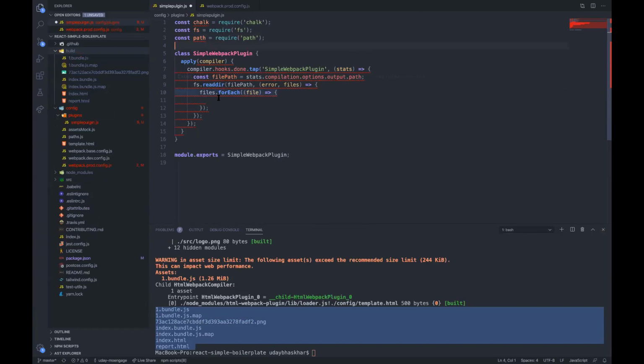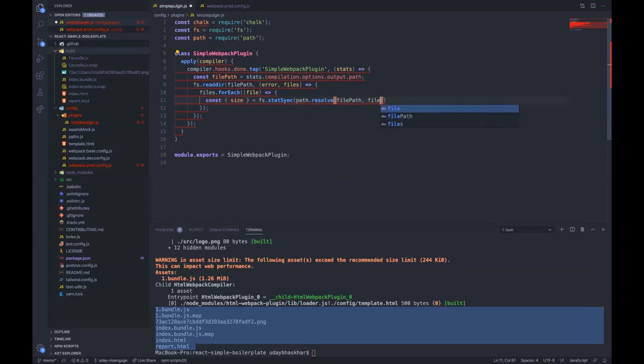So what we will do is we will require the path and fs.stat. There are multiple ways of doing this. I'm just doing it in a simpler way to keep things very simple. There are many other hooks that provide you the direct information of the bundled files.